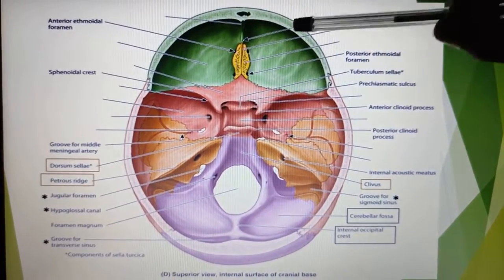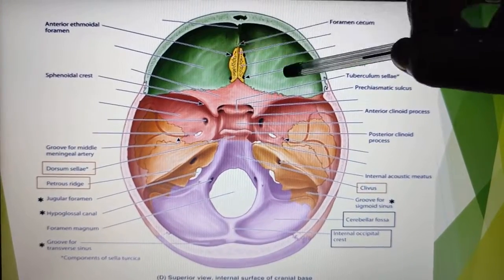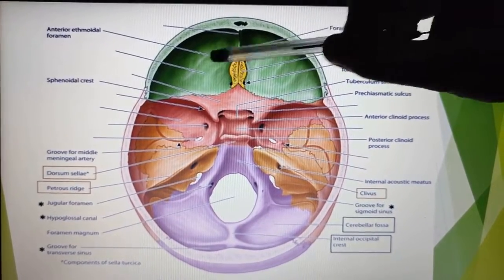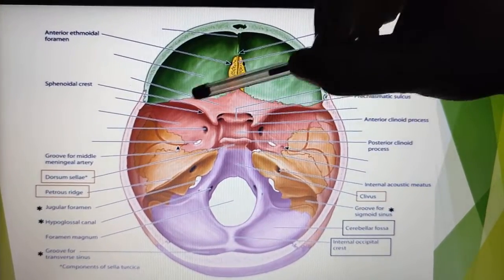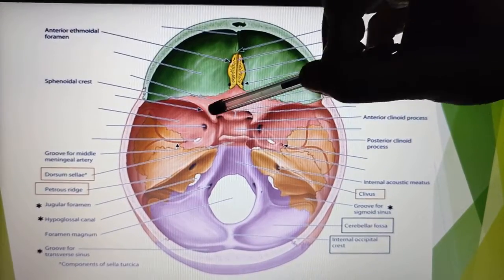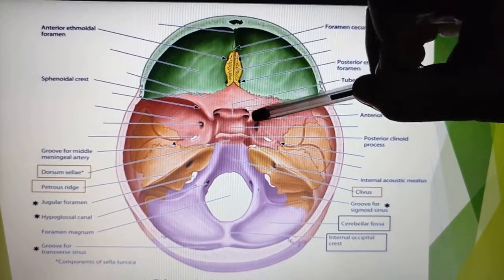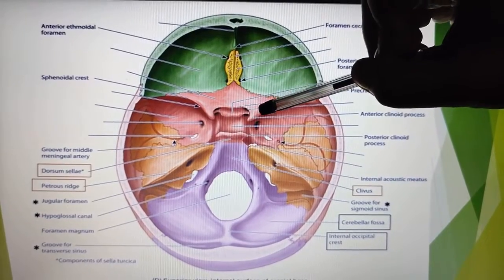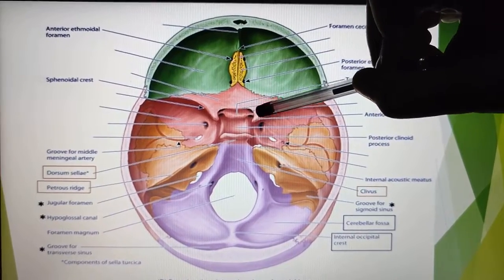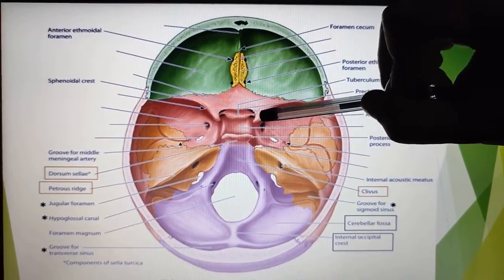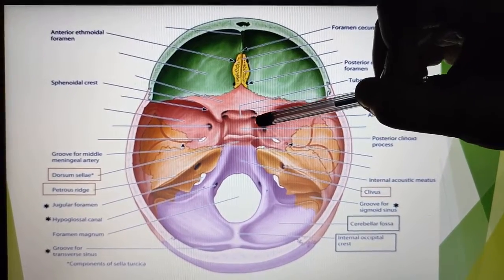Clear? We already said there are impressions on the anterior part, formed by the sulci and gyri of the frontal lobe of the brain. The lesser wing of the sphenoid medially forms a tooth-like projection on each side, known as the anterior clinoid process, which gives attachment to the free margin of the tentorium cerebelli. The tentorium cerebelli is a dural fold that you will study later. Clear?